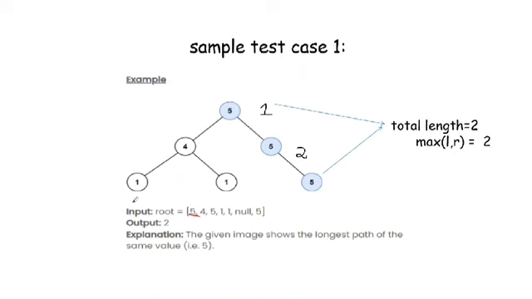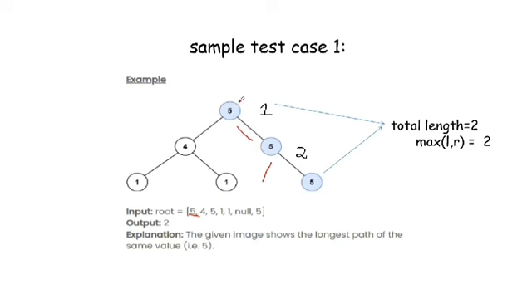First, by considering this path, we see that all the nodes in this path do not have the same unique value, so its path length is 0. Next, by considering this path, here also all the nodes do not have the same unique value, so its path length is 0. Now we are going to consider this path where this node is null, so we can see that in this path both the nodes have the same unique value, which is 5,